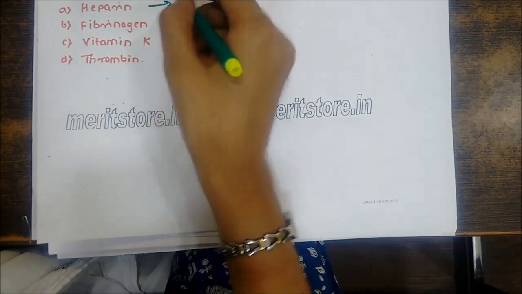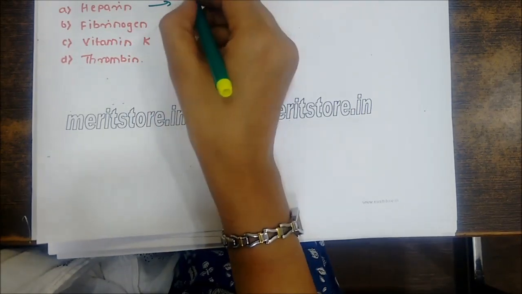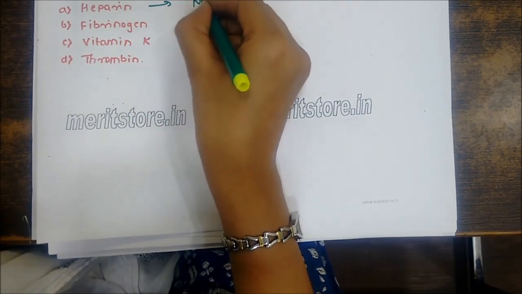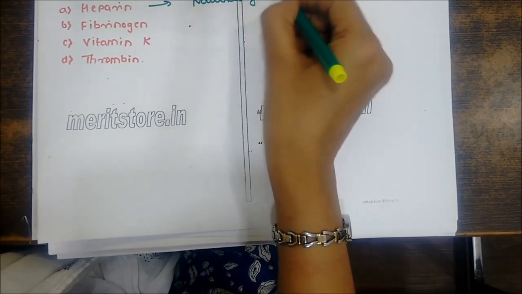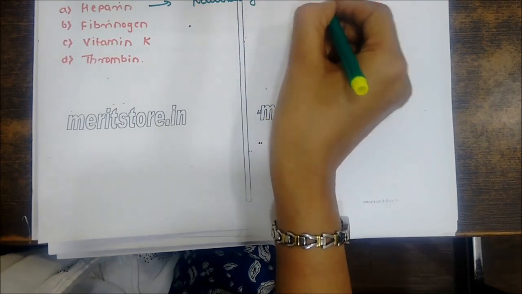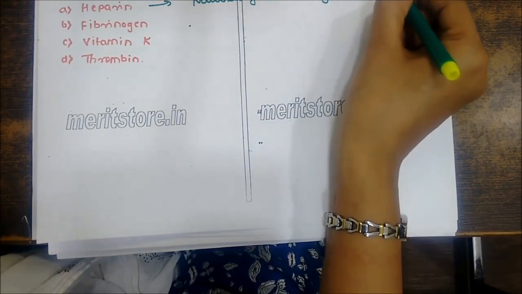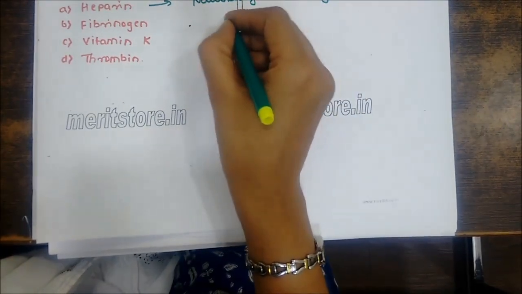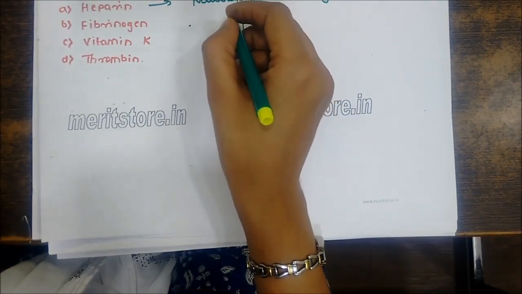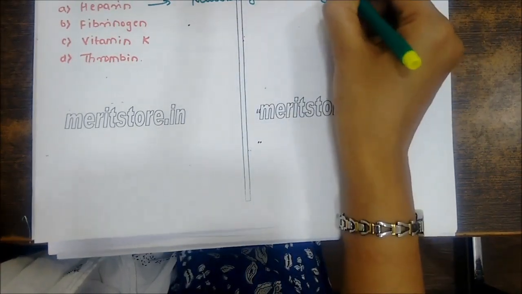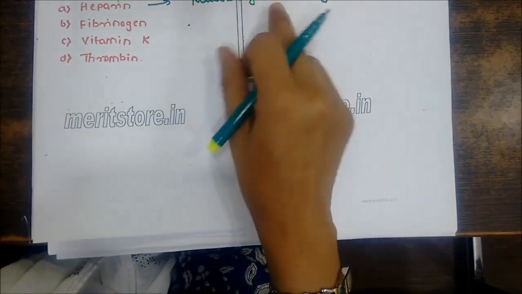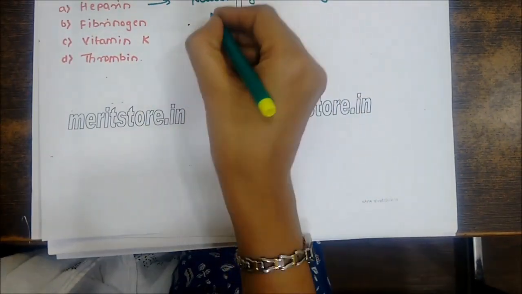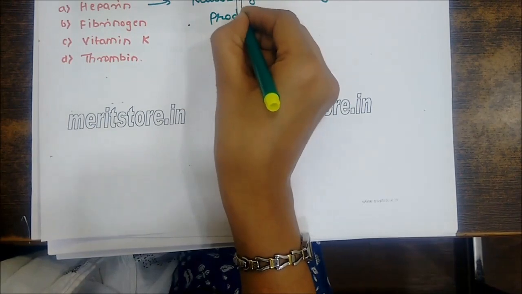Heparin is a naturally occurring anticoagulant which is found in blood vessels. This naturally occurring anticoagulant is produced by basophils and mast cells,